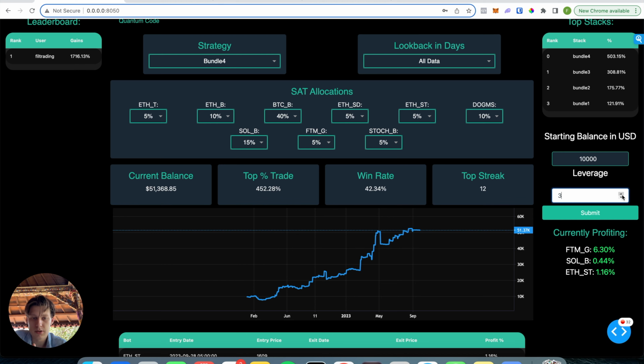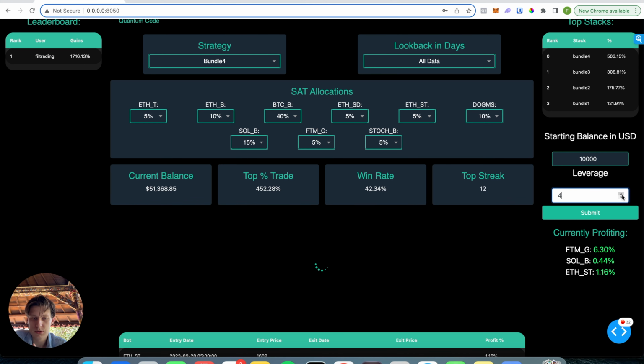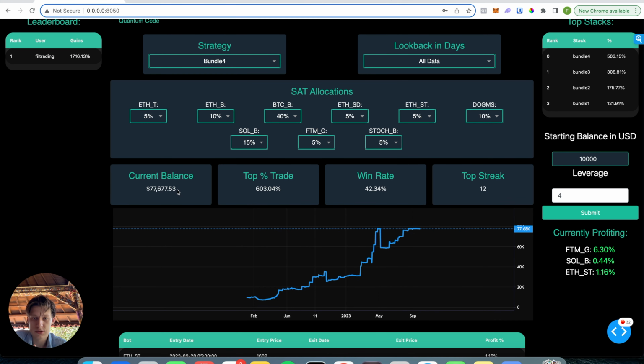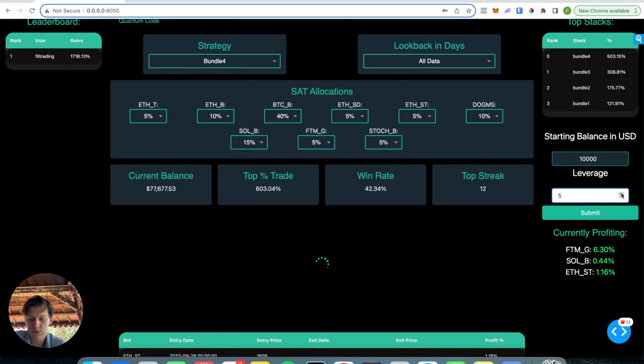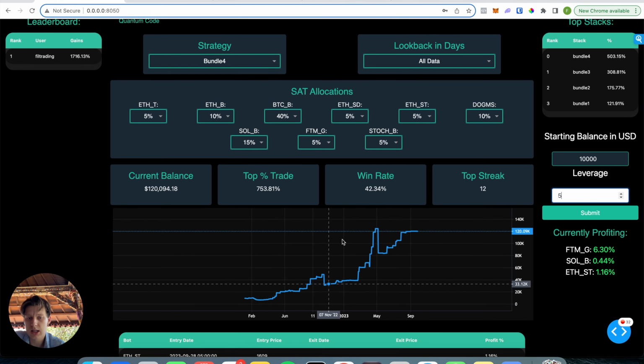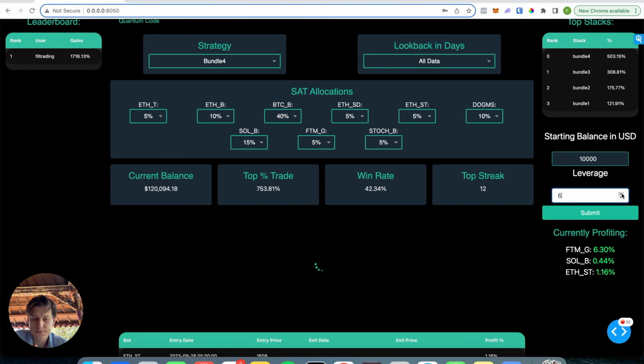So as I go up in leverage, you will see that my performance is going higher and higher. So now when we start this strategy or this bundle, and if we would just let it run with not doing anything, you'd be at $77,000. And if we go higher up, we're at, and this, by the way, is live simulated. This is something that has been running, right? So this data is actual data, right? So at a 5 leverage, we're at $120,000, and now we're getting up with the leverage, right?